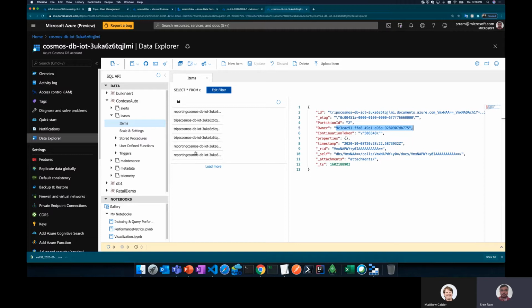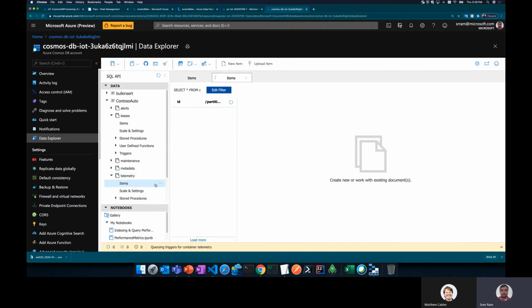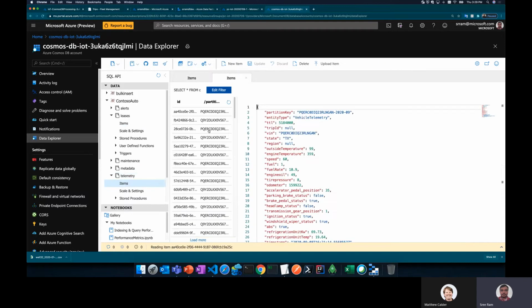So when it is working with Event Hub, likewise, this is that one, and it is doing the exact same thing again. So this is an example of why the lease container is needed and how we use the lease container in near real time. Essentially, what we did is we read the items from the telemetry.